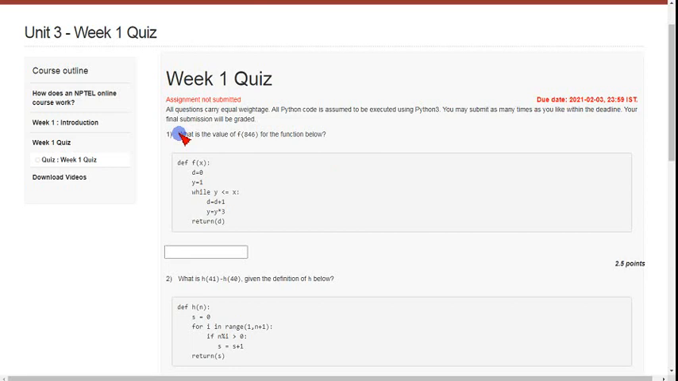So coming to the first question, what is the value of f of 846 for the function below? So they have given a code snippet and they are asking about the value of x. If the value of x is 846, then what does this function return? It returns the value 7. So just type the answer 7 in the